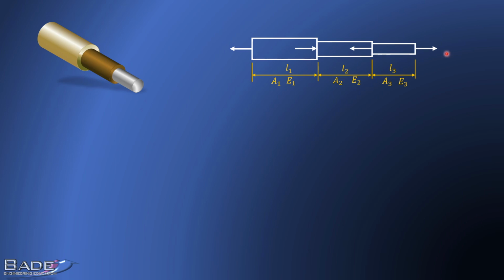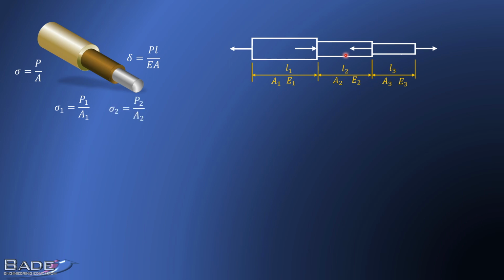Here are some forces I have shown acting. All forces are along one axis, that is the axis of the member. To find stress, we are going to use this formula. Of course, these are axially loaded bars. And deformation is PL by EA. So stress in the first part is load on the first part divided by cross-sectional area of the first part. So what is the stress in this first portion? P by A. Simple. Stress in the first portion is load on the first portion divided by cross-sectional area of the first portion.